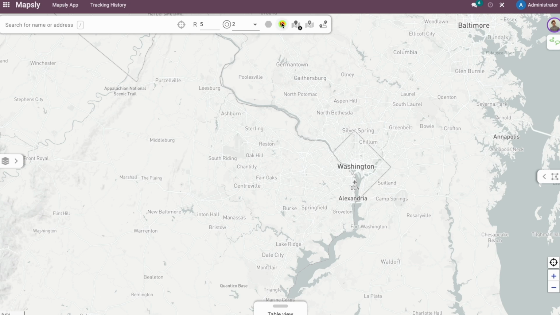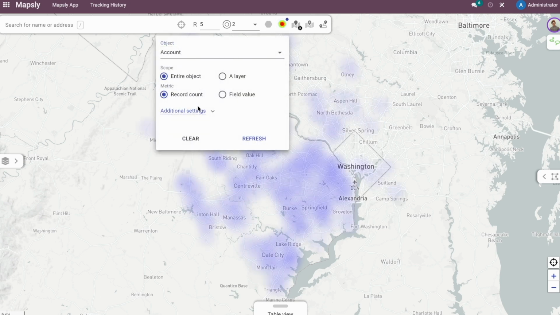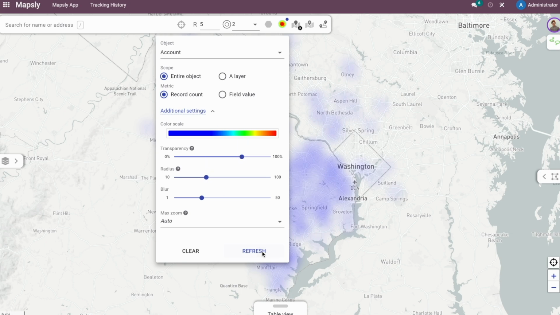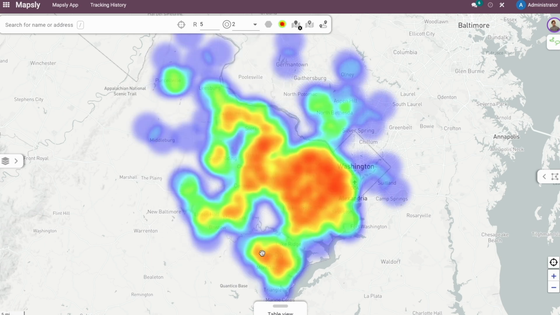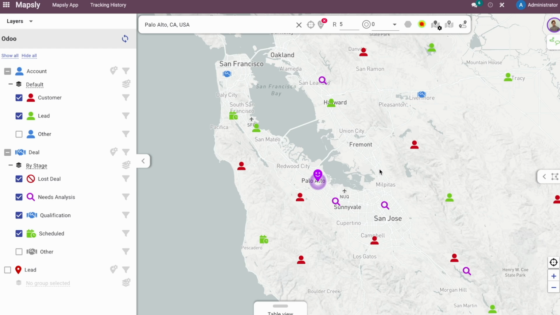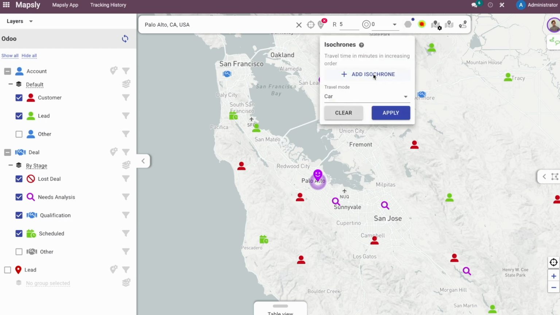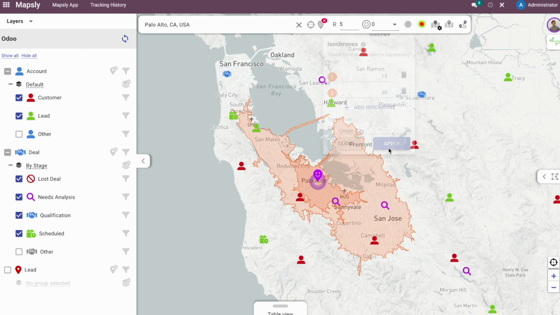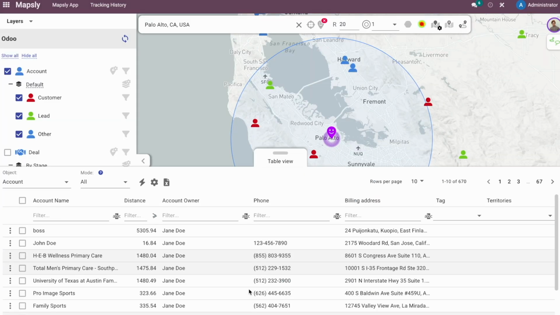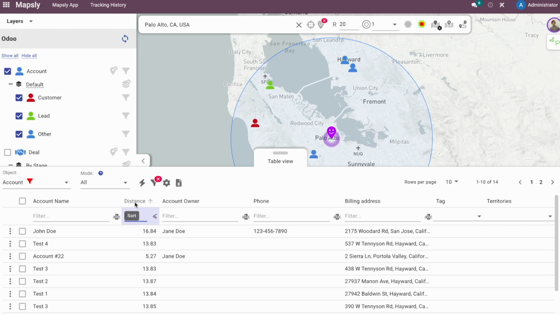Mapsly's highly customizable heat map tool lets me see the density of customers or revenue, helping me spot regions with high sales concentration, underserved areas, or emerging trends. To see clinics that are easy to visit from our company offices, I can use the isochrone tool that draws lines of equal driving time from a location. Using the table view, I can sort or filter Odoo records from any object by direct distance from an arbitrary